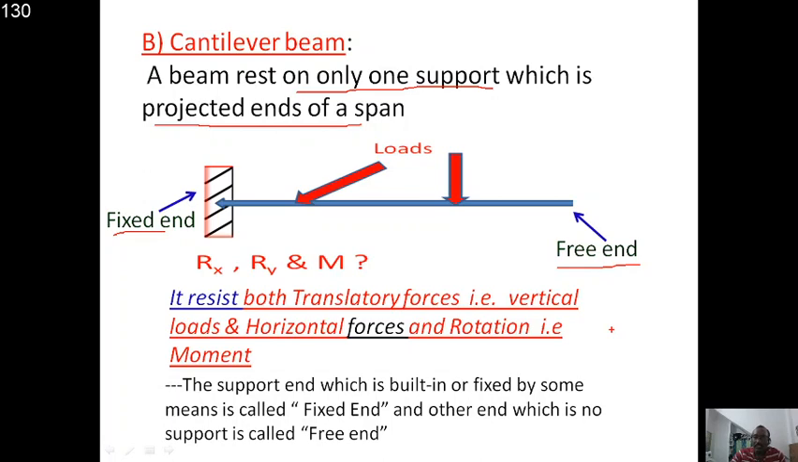The supported end is known as the fixed end, and where there is no support, that end is known as the free end. So with the advantage of the fixed end, we can have resistance against both translatory forces and